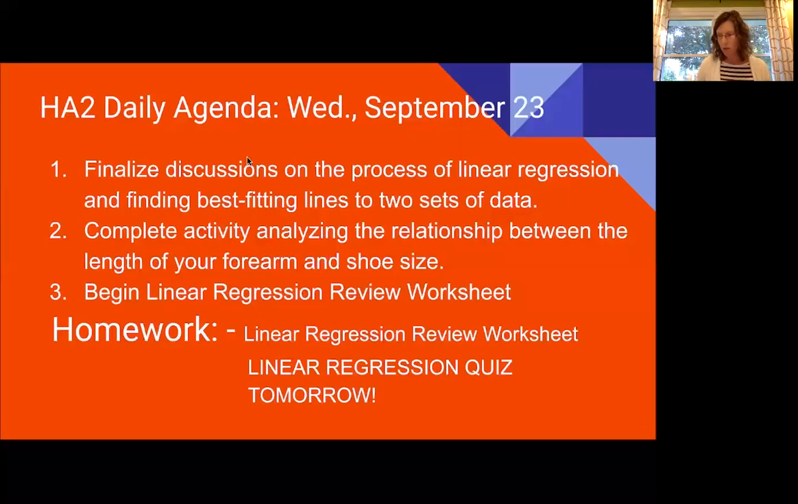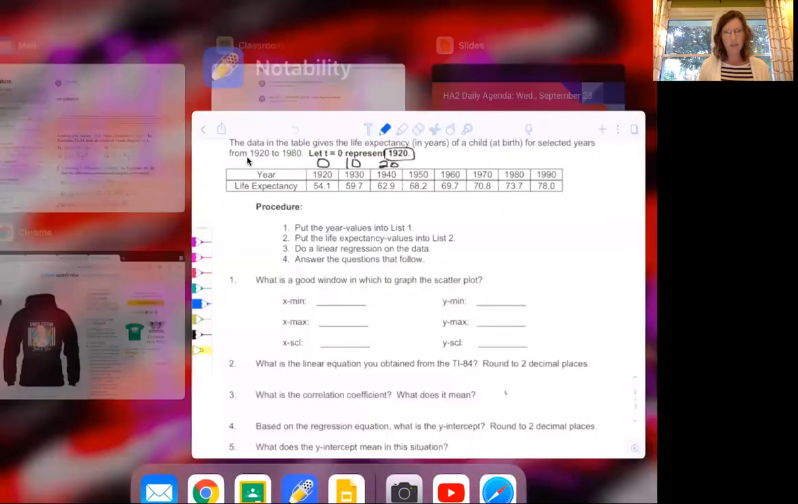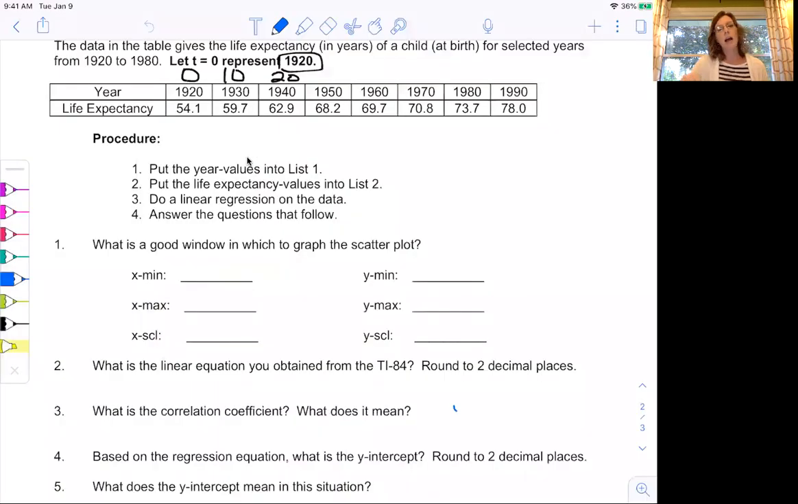So we are going to look at the life expectancy problem. So if you can take out your homework. You had two problems. One dealt with the consumption of broccoli,